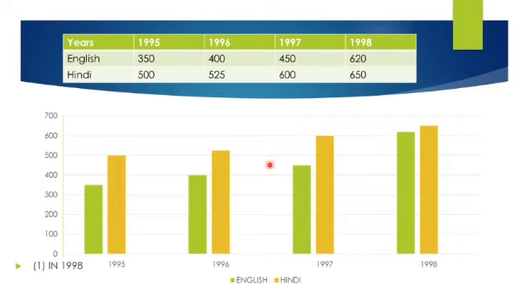And the first question, in which year was the difference in the sale of the two language books least? Which year is the difference least? In 1998. Both of them are at a similar height. Then in 1998 both books were sold in a similar number of items. And the next one,